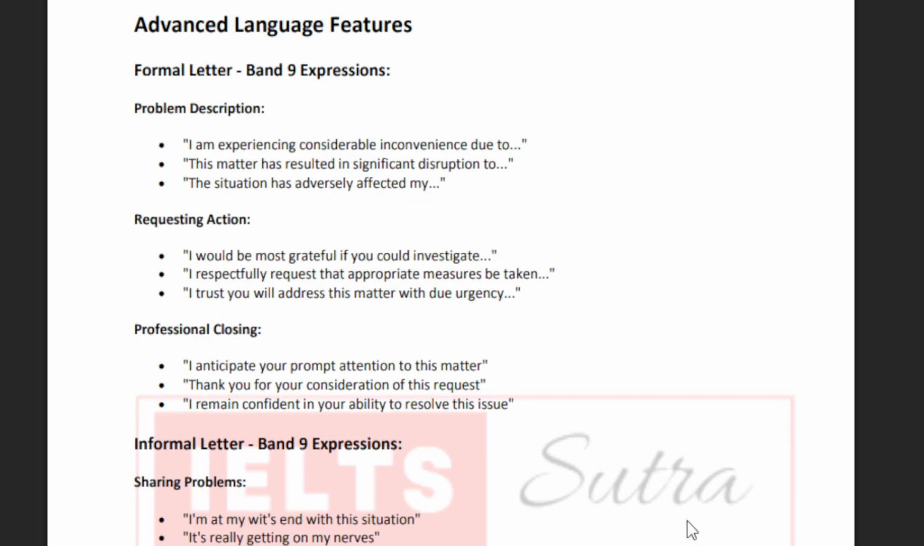Now, here are some expressions which I think that you can use for different scenarios. For example, in case of formal letters, you can use these expressions for problem description, like I'm experiencing considerable inconvenience due to this matter, this has resulted in significant disruption to, this situation has adversely affected my